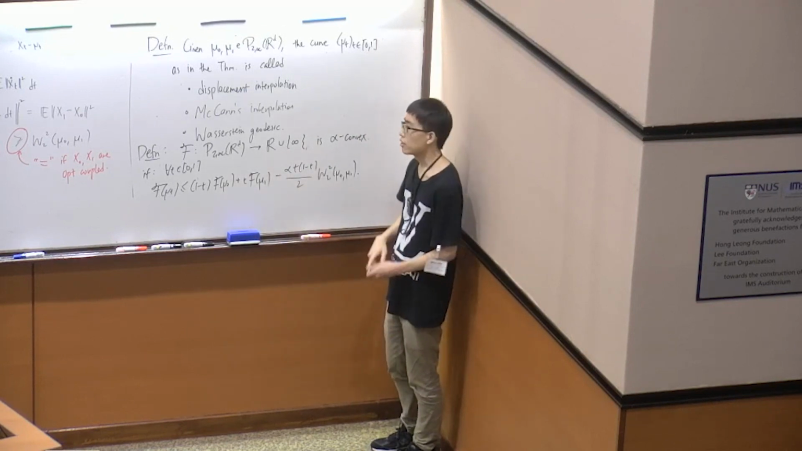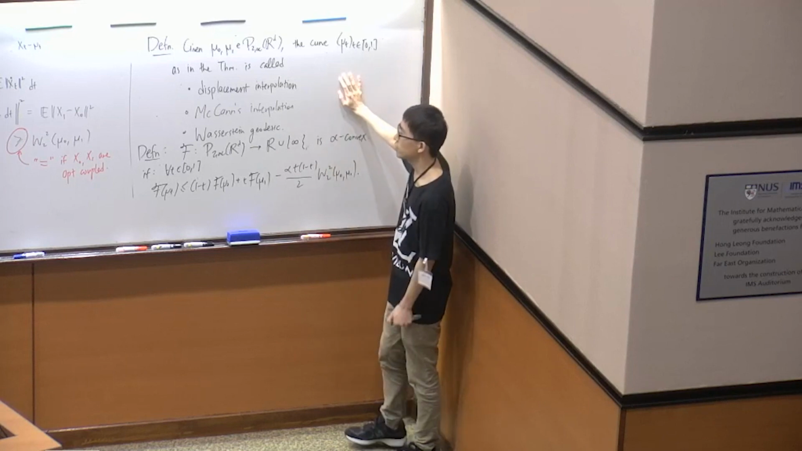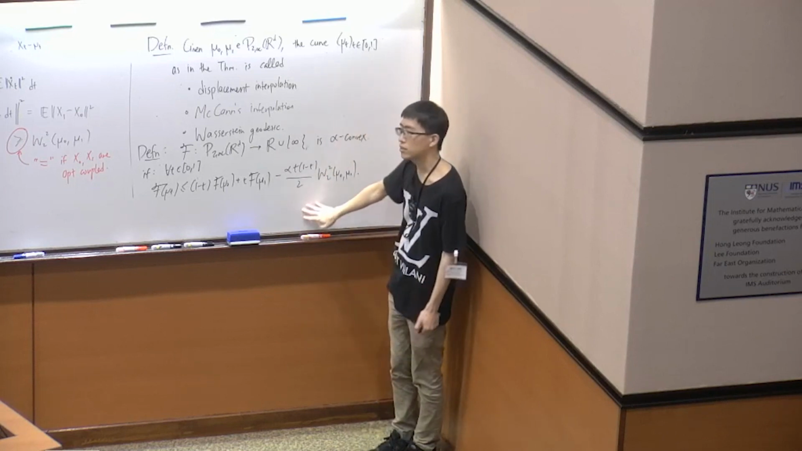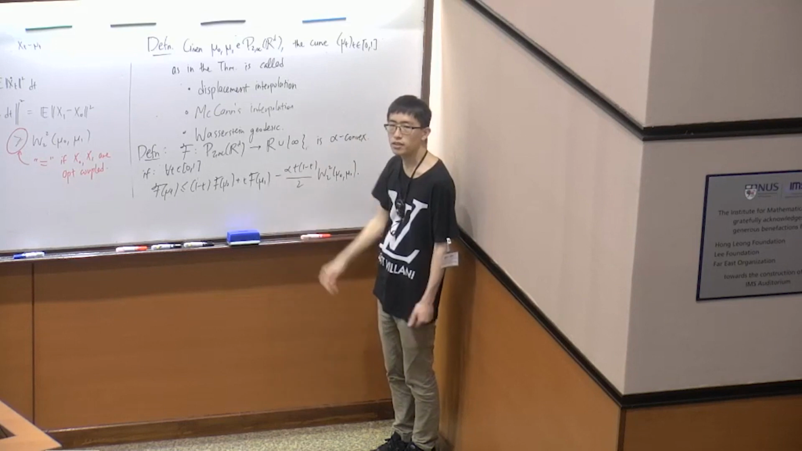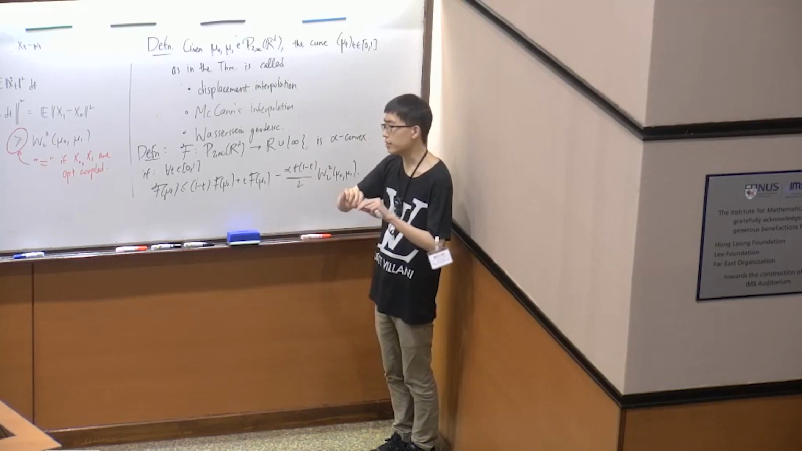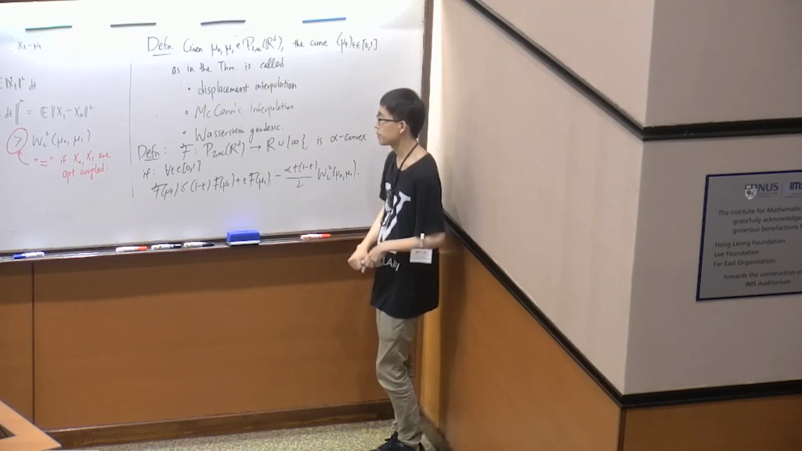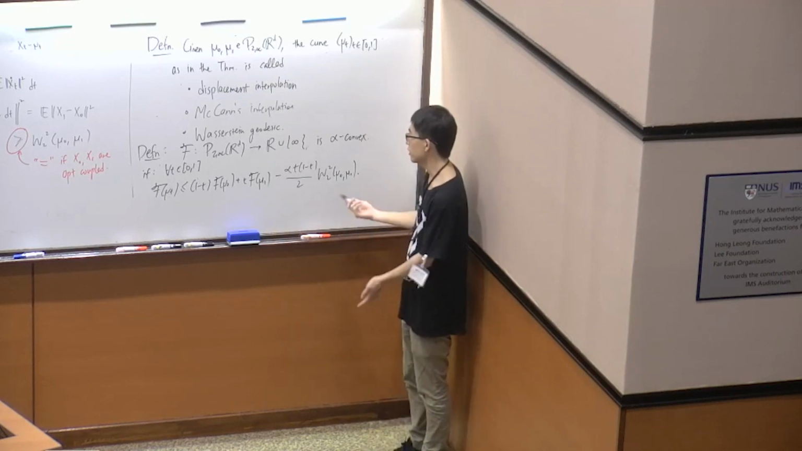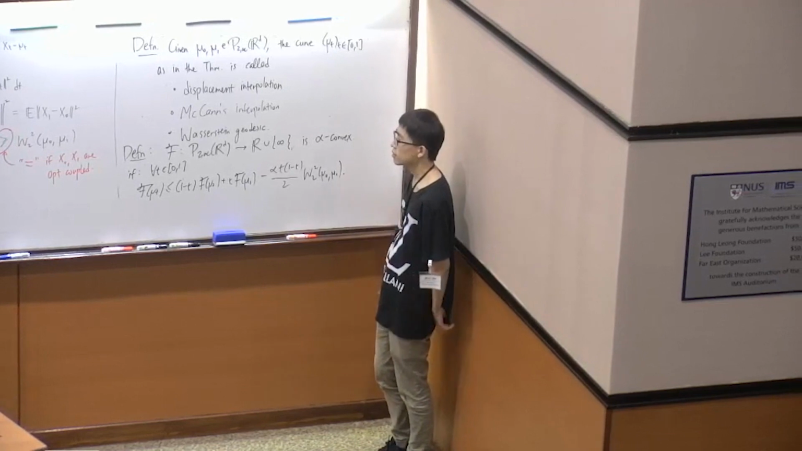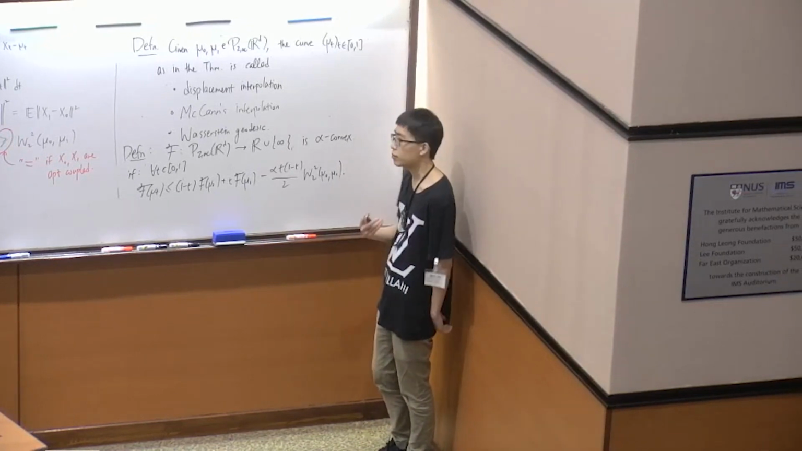So the point is, once you have this idea of geodesics on Wasserstein space, you can now define convexity by requiring your functional to be convex along the geodesics of your space. And once you have convexity properties, you can use them to prove some pretty powerful